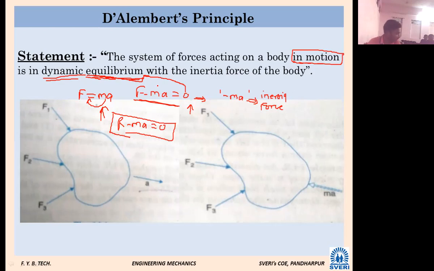So in a multiple choice question this may be asked, which of the following expressions is applicable or derived by D'Alembert. असं एखादं क्वेश्चन तुम्हाला दिलं जाऊ शकतं, maybe one of the options may be this. त्याच्यामध्ये एखादा ऑप्शन हा असू शकतो, R minus ma equal to 0. What is R? Number of forces, addition of number of forces. What is M? Mass. And what is A? A few things we have to remember here as well.